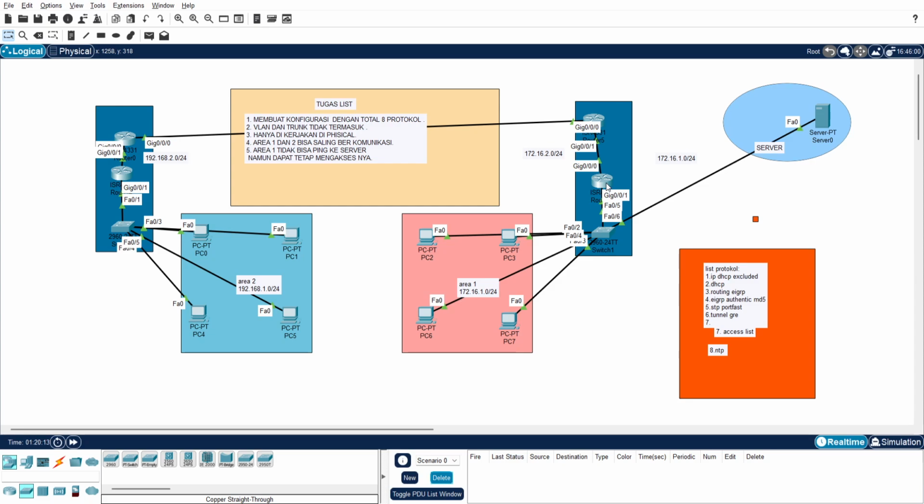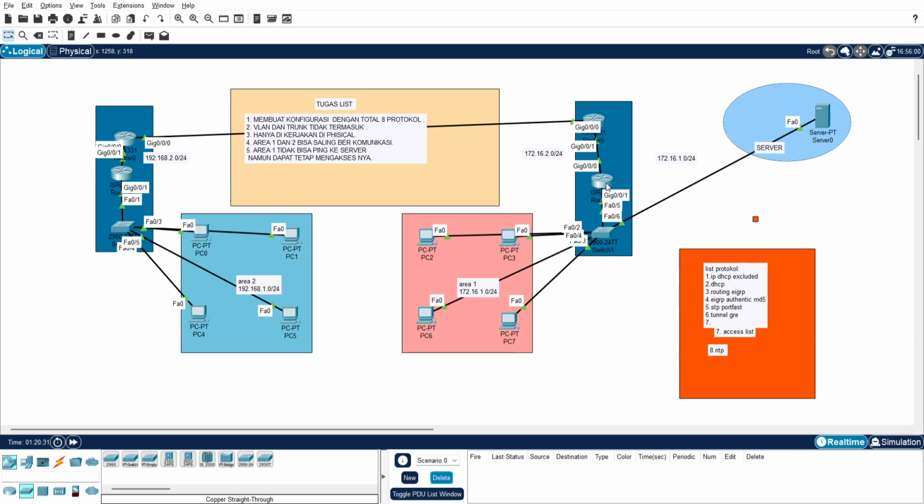That is the function of tunnel GRE, so that people cannot know which way you are using. It is more secure that way.